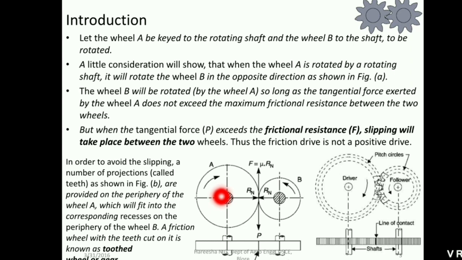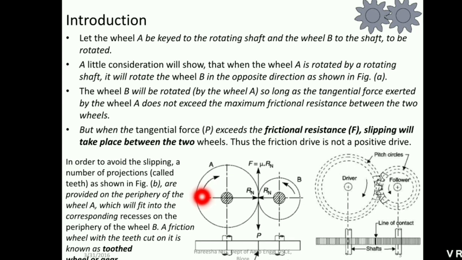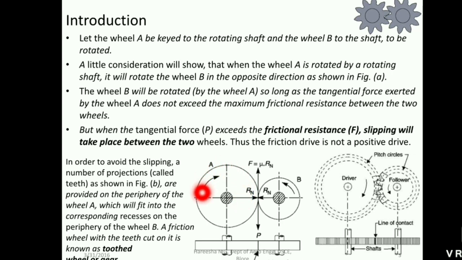Both shafts are rotating. So if you are giving power to this shaft and you need to transmit the power to the next shaft, you will use this kind of arrangement or this kind of device. You can use a lot of devices. For example, we have belt drives, we have chain drives, and we can use gears also. Every device has its own advantages and disadvantages. If you have to transmit motion from one shaft to another shaft, you will have two wheels like this meshing with each other.